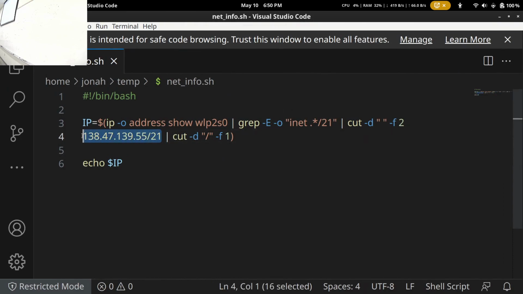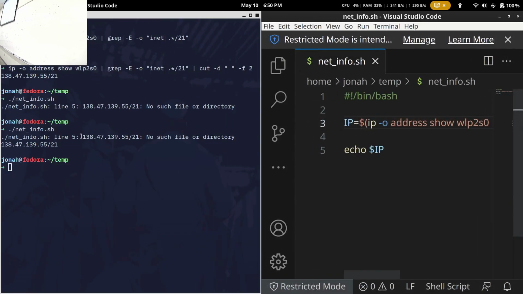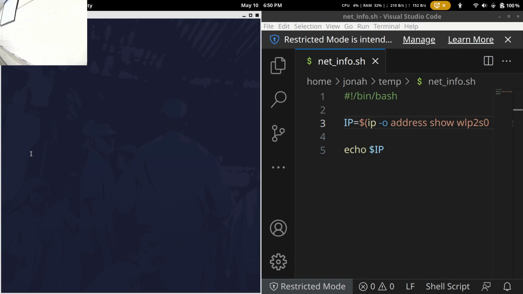Oops, I accidentally copied the IP. So yeah, you can add as many pipes as you want to refine your output. In this case, we took off that /21 at the end, and now we just have the IP.